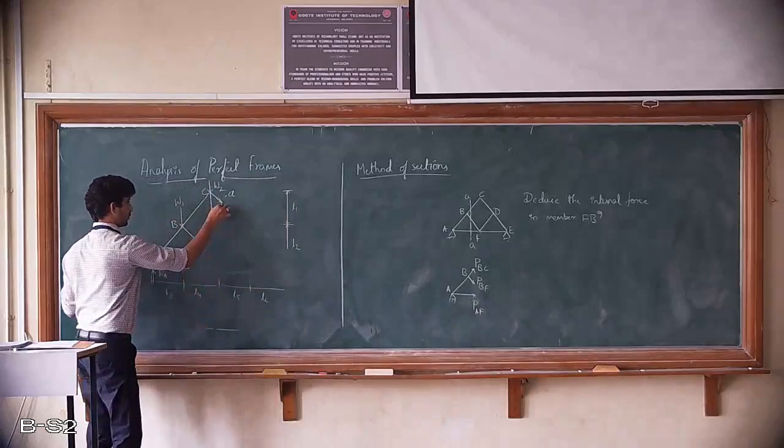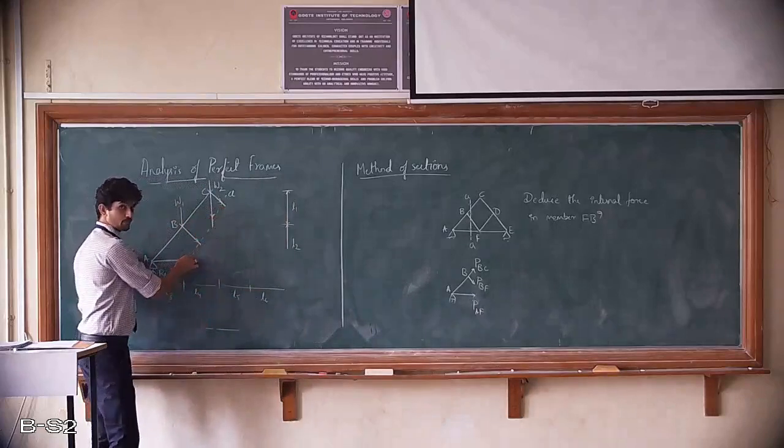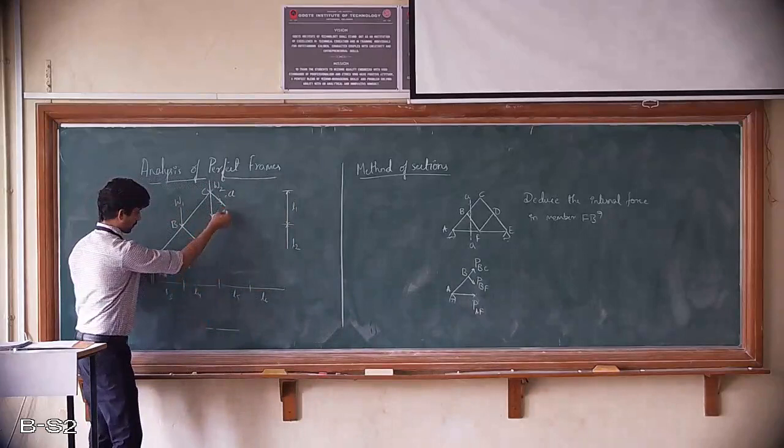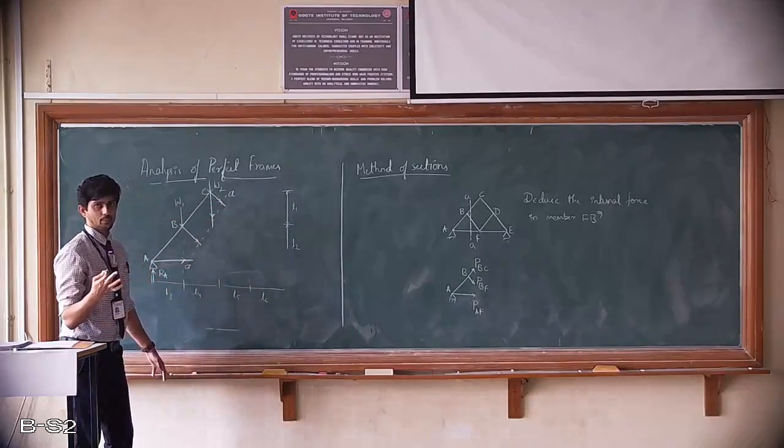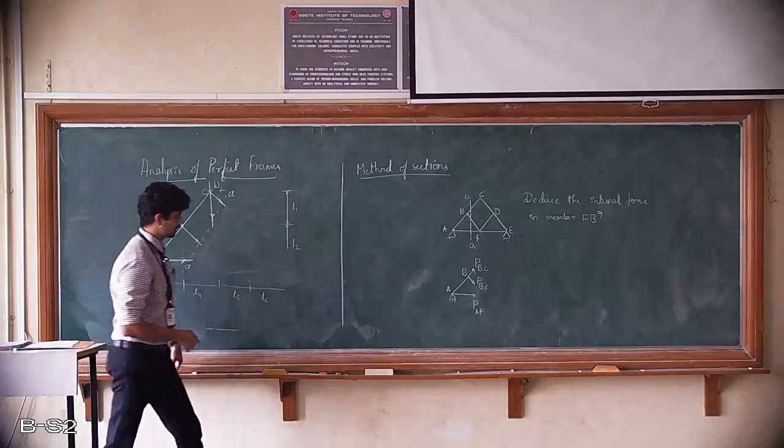Now, what is the difference between this and the earlier problem? Here it has cut 1, 2, 3, 4 elements or 4 members. Now because of 4 members, we just have 3 equilibrium equations to solve. Whereas here, if you consider,